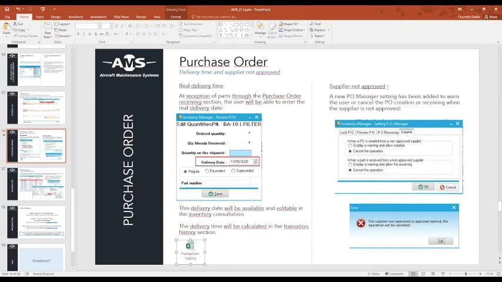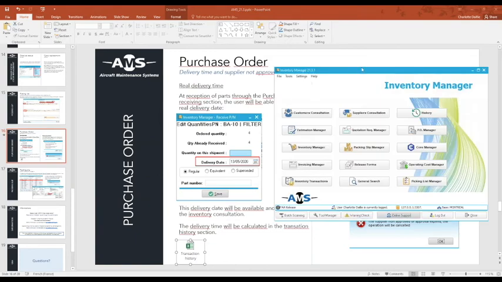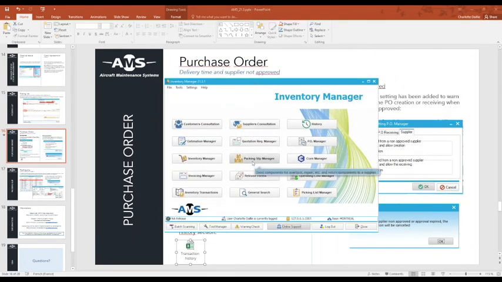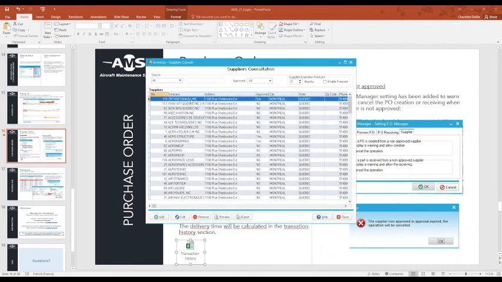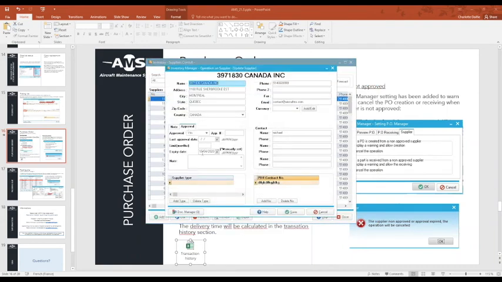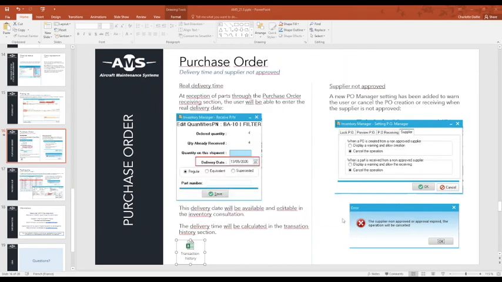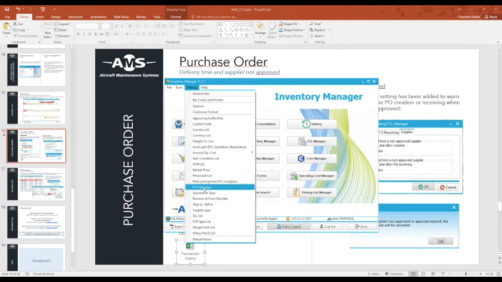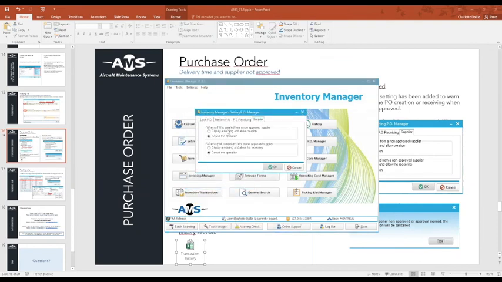And the other little feature in here is that if you have a non-approved supplier, like mine here, where you see the expiry date was April 10, 2020, you have a new setting available on PO Manager on supplier, which will allow you to warn you or to cancel the operation as soon as you want to create a new purchase order or to receive parts when your supplier is not approved anymore or is not approved at all.